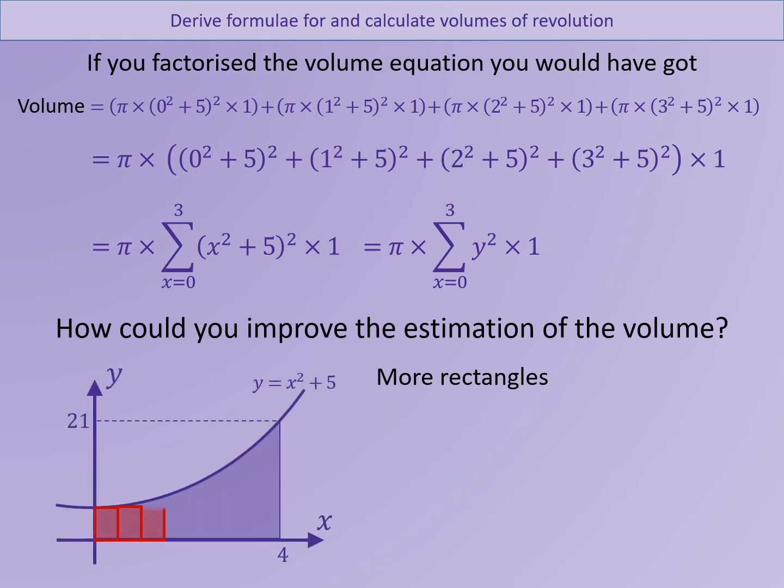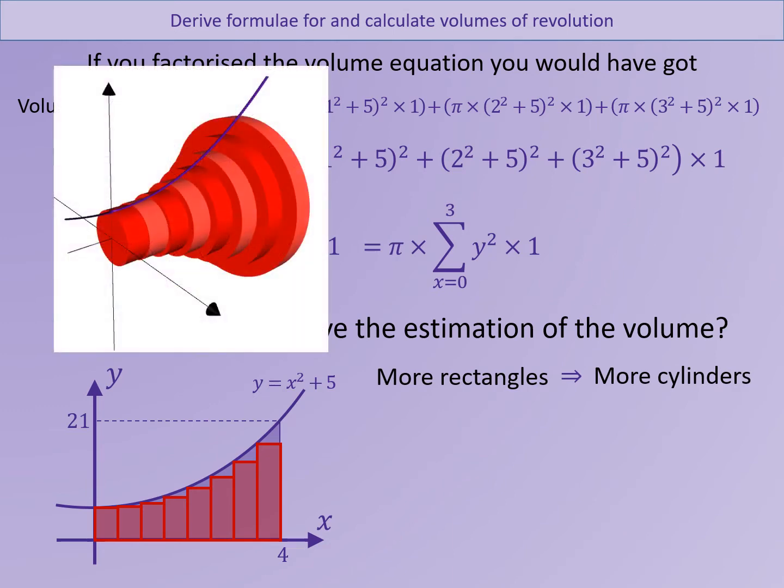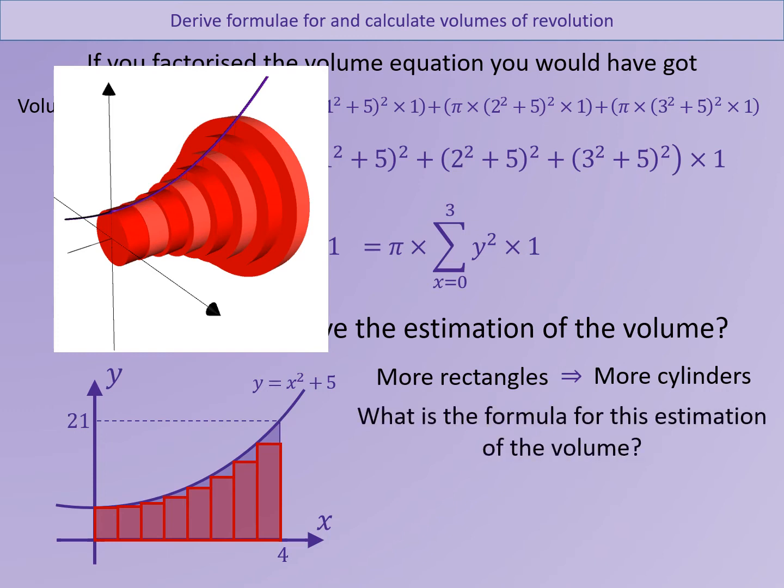So going back to the original curve, if we were to use thinner rectangles, you can see that the rectangles better fit the area we're trying to estimate. This would translate to more cylinders in the volume of revolution. So the formula for this volume of revolution, for this estimate,